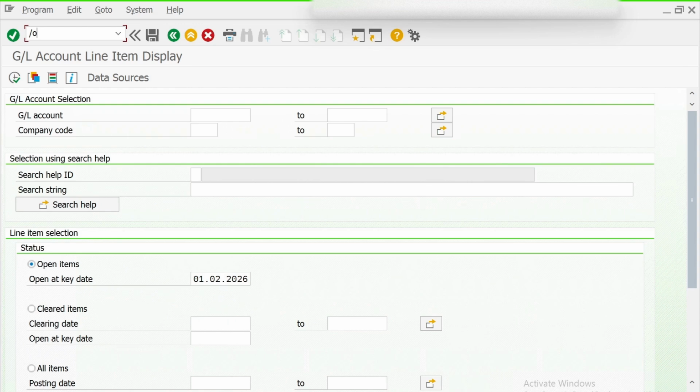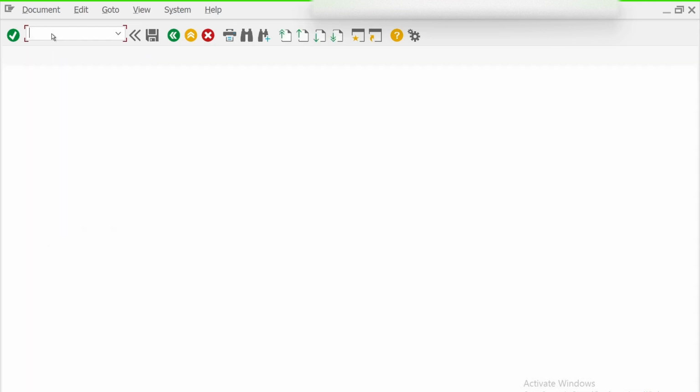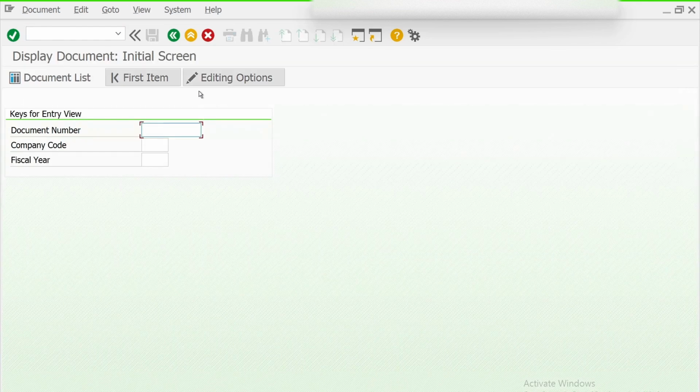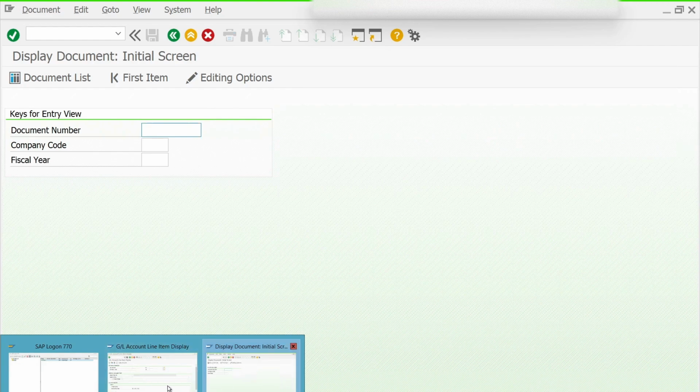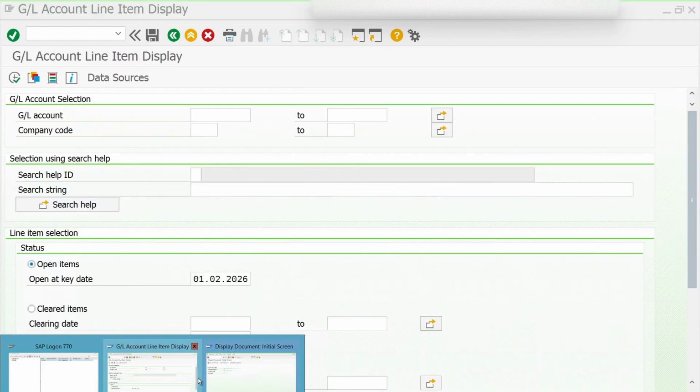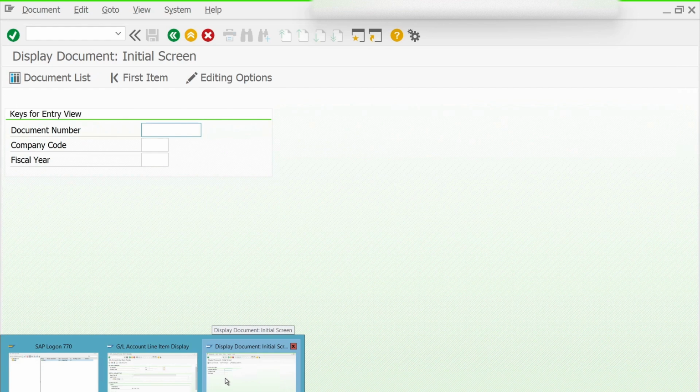Now let me give slash O FB03. If I enter, you see the accounting document screen is opened, and in the sessions we have two: the original screen and the new screen I wanted to open.